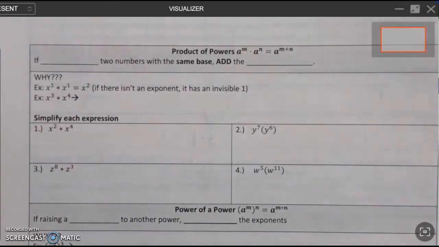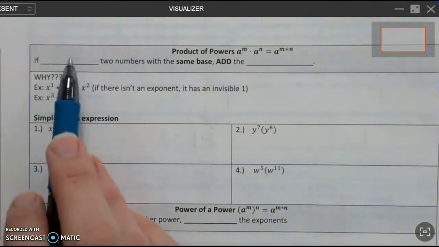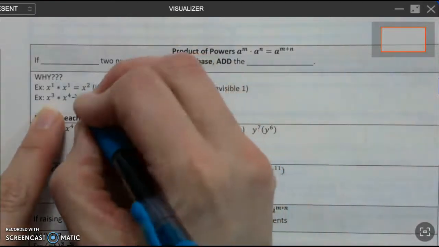Let's continue on with different exponent properties. This is product of powers and then power of powers, which are our next two exponent properties. What we want to see here is we'll talk about the y first, and then I'll fill in the blanks above. If I have x to the third is x